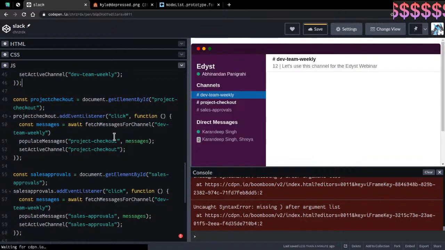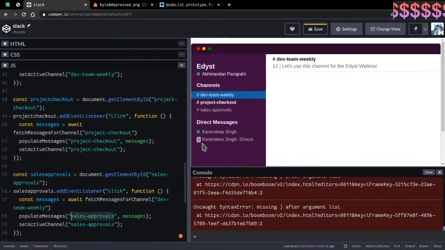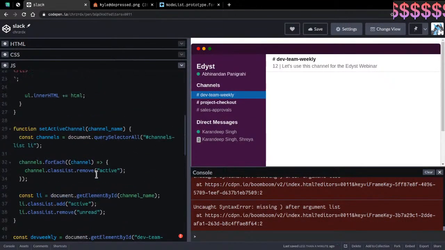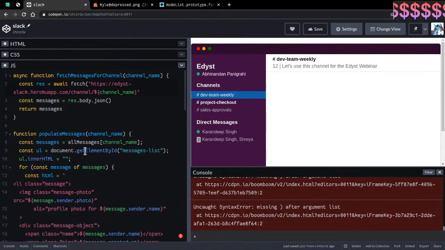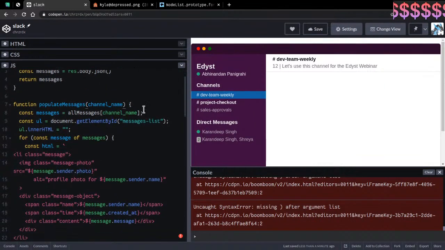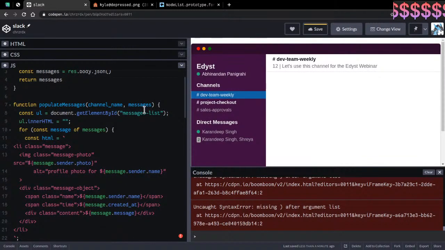Okay, and again, this is project checkout, right? We have project checkout. We have sales approvals. All right, now all we need to do is connect this function and this function, right? These two functions, we need to connect them together. So I'm going to say channel name and messages, and my messages I'm just going to get passed as a parameter. So if I click on sales approval,